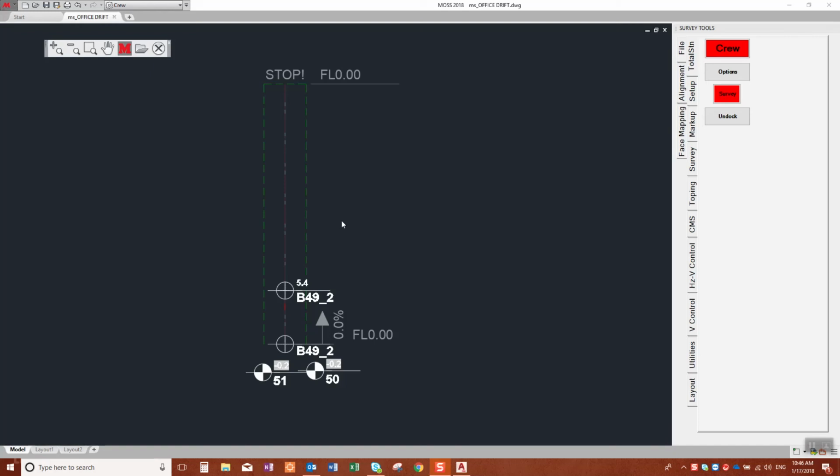After turning on and leveling your transit, the first step in MOS is to connect it to the tablet. So you're going to click on Crew, and this will establish a Bluetooth connection or an ad hoc connection, depending on what you're using, between the tablet and the transit. A bunch of information will pop up here in that box, and once we're connected, the Crew will turn